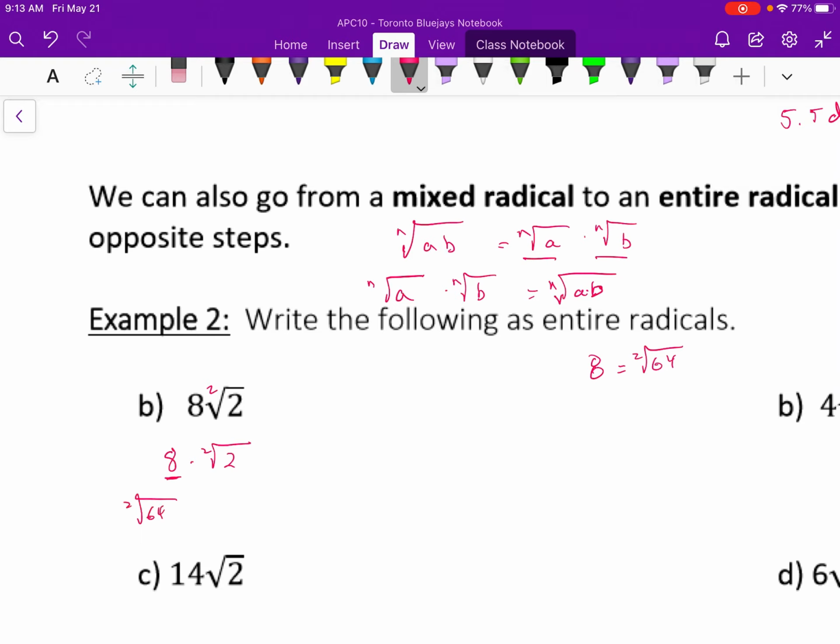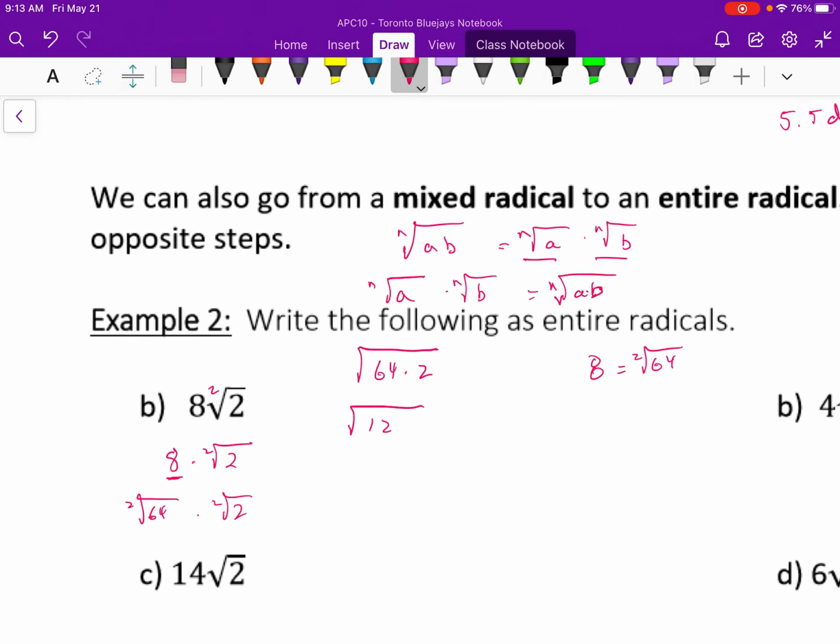And the square root of 64 is 8 times the square root of 2. So now I'm just left with, since my radicals have the same index, I can bring them under one radicand and multiply them. So the square root of 64 times 2 is equal to the square root of 128. So again,